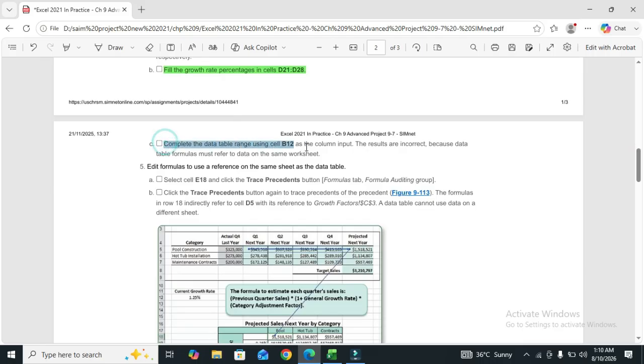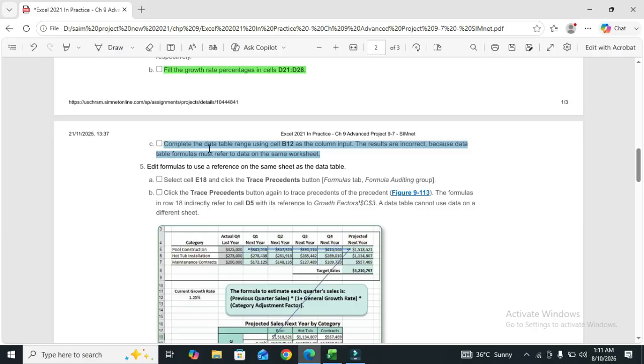Part C of this step is to complete the data table range using cell B12 as the column input. The results are incorrect because the data table formula must refer to data on the same worksheet.